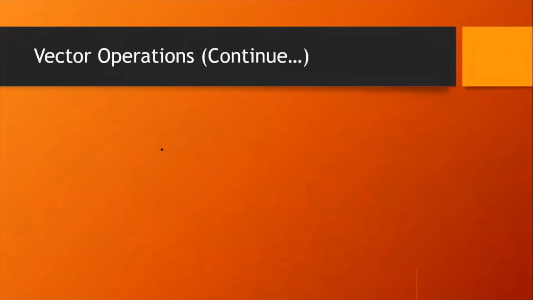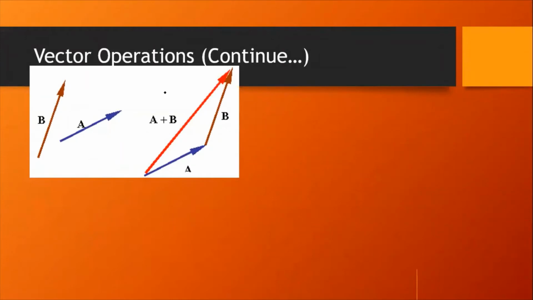And what is happening over here? The vector operations continue. And you can see over here, this is vector A and vector B. I did not change their direction, I just put them close to each other. So what happened when I make them close to each other? This is vector A. So how can you find out the resultant here? This is vector A, and I will put the tail of vector B here. This is the way. This is vector B. And I will find out the resultant.